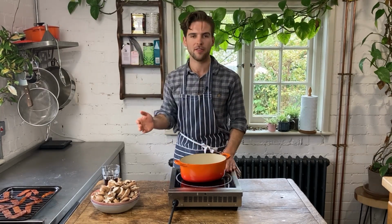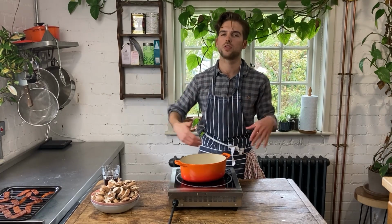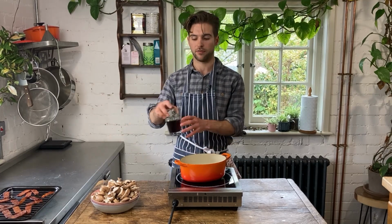Now the final piece of our puzzle is the fried mushrooms. Now it can be a bit of a pain frying mushrooms. I don't know if this is the same for you guys, but you have to wait an inordinate amount of time for them to take up the oil and reduce down. Now a winning strategy that I've found to reduce that time and stop you adding loads and loads of oil to get them to cook off is providing this kind of water marinade to cook them in. You basically reduce down all the water and add your flavors to the water so that it completely reduces down, cooks the